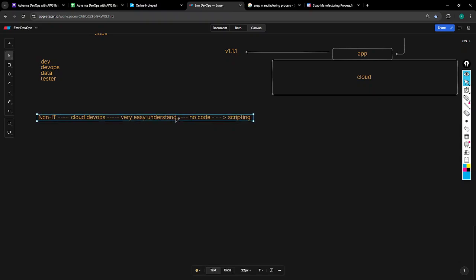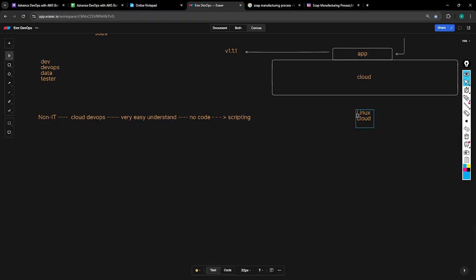First, we are going to learn from scratch, from networking to advanced application deployments. Learning DevOps, you'll get multiple skills. You'll get AWS cloud, and not only one cloud, you'll get knowledge of different clouds.